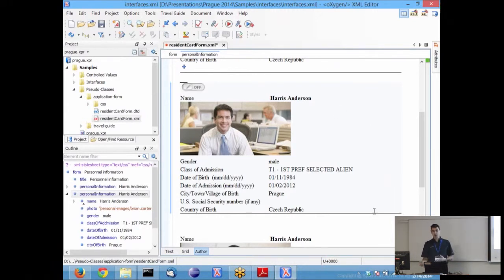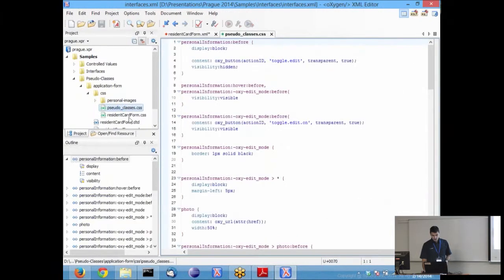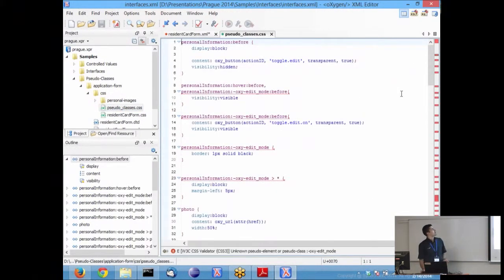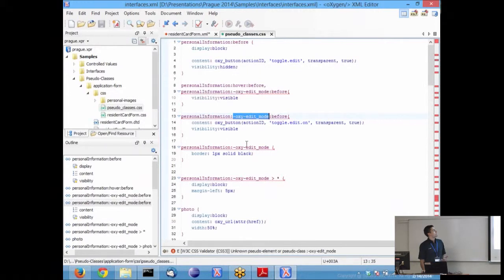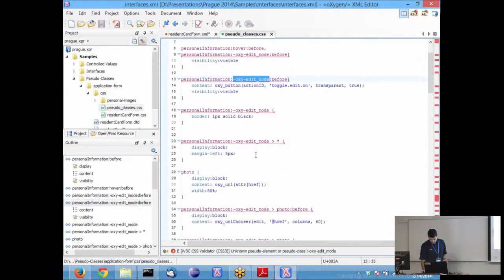And how did I do that? Well, I did it by using custom CSS pseudo-classes. Let's take a look at the CSS. The first aspect is that I have a lot of CSS rules that have a condition on a certain pseudo-class. So I'm saying, let's see, if this pseudo-class is set,